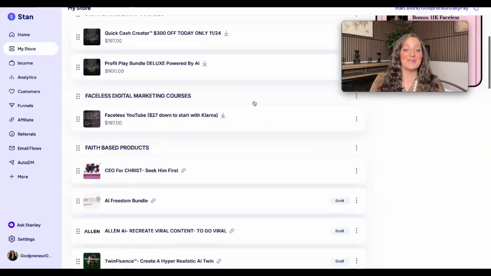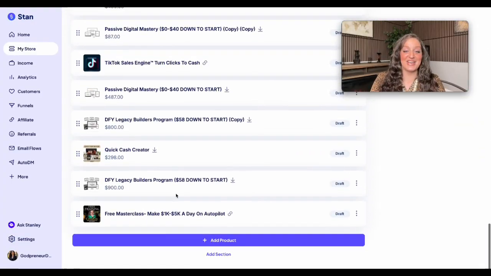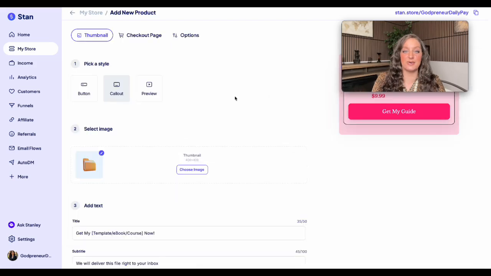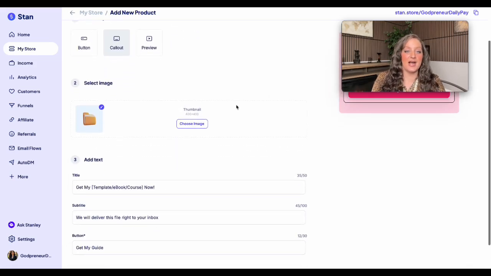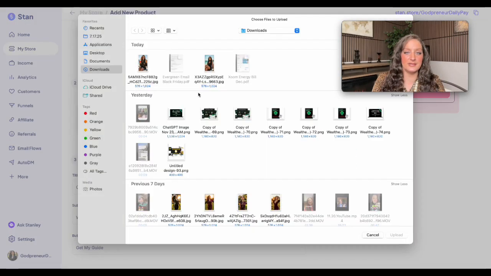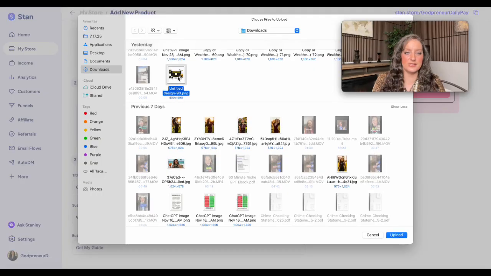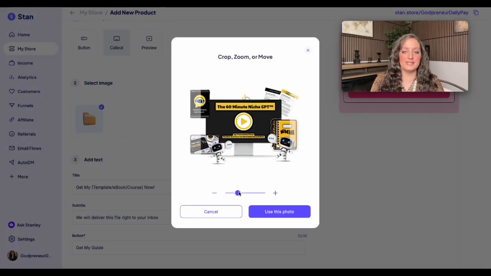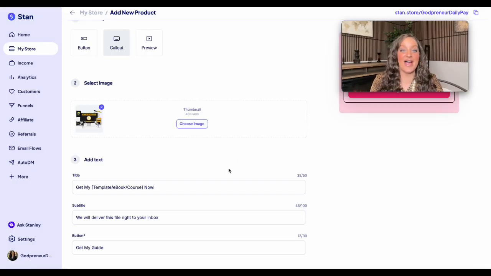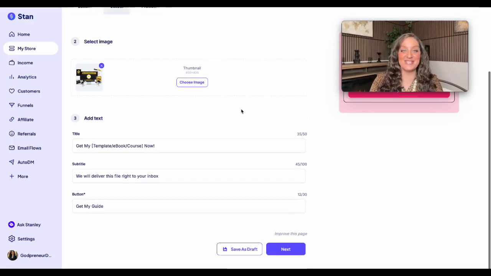Look, you guys, these are all the courses that I have put in here that I've either purchased or that I have created. All right, so we're going to go to create digital product. And then right here, you're going to put your image in here. So let's just try to see, or actually, let's see. Let's do this one. This is my 60-minute niche GPT, okay? This is the one that finds the hidden niches, uncovers buyer language, it uncovers viral niches. It's absolutely imperative to have in your business.